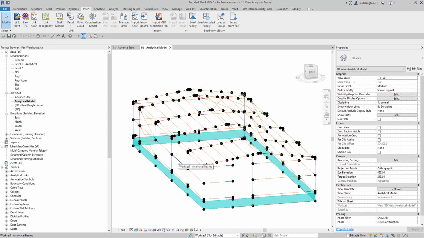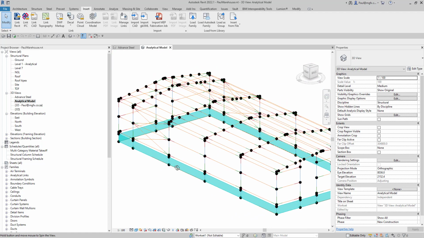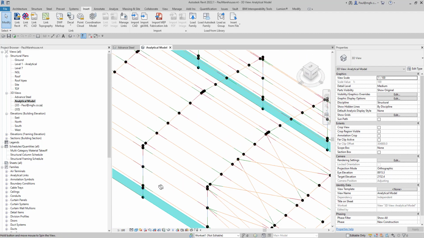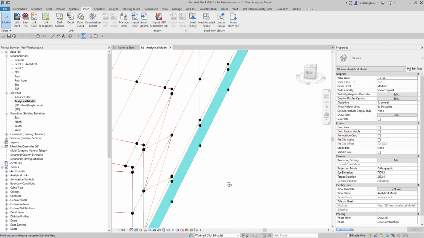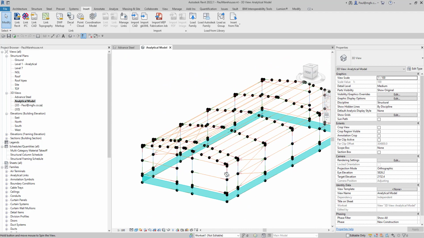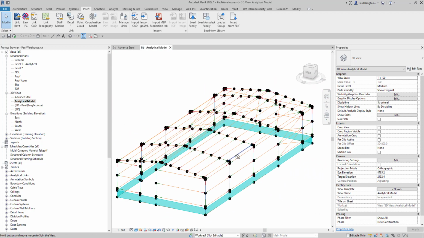Once you've done the analysis in Robot and you've brought the model back into Revit, then those analysis results will be available to you. We're not going to focus on the analysis today. We just want to show you that you can take your model through and bring it back in, but that is the essence of the exercise. Set up a matchstick model, loads and load cases, and then bring that back into Revit so you can see what's going on. Code checking is another